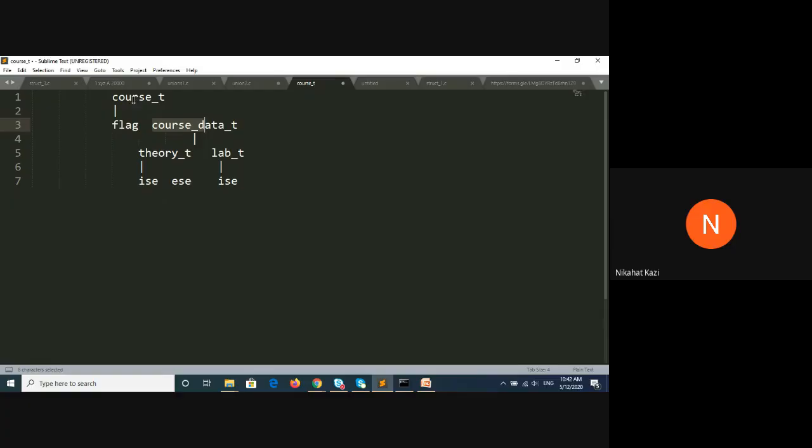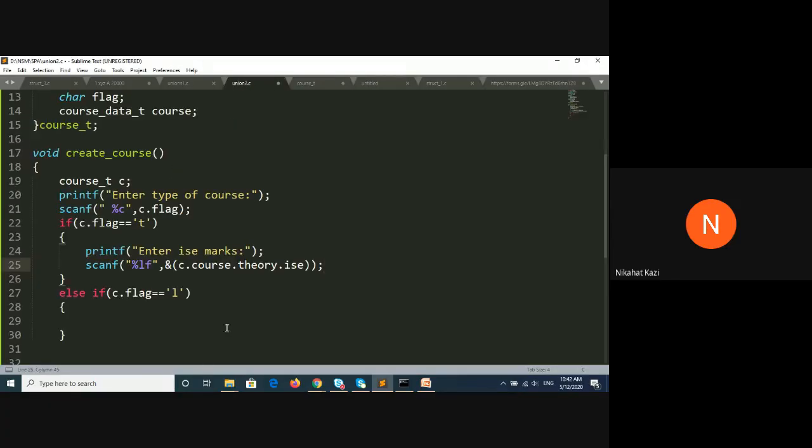Okay. So from here you select, see the flag. Based on the flag, you go here, either this or this, depending on the flag. Okay, and follow this tree basically. So we are following this direction. From here, check the flag, go here. From here, you go to the theory type. Theory type, you go to the ISC. That is how you are putting the dots. Course T dot dot dot. Okay, so this is how you are following the tree. Dot dot dot.